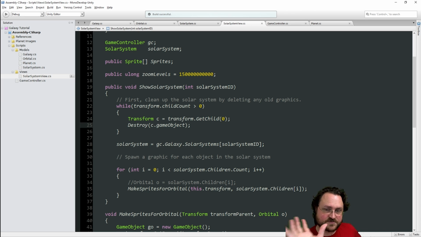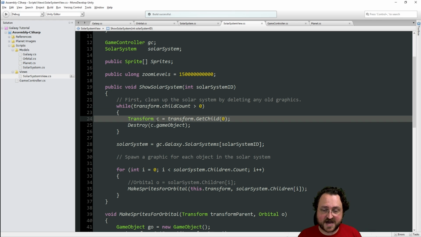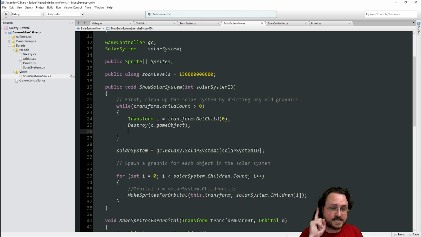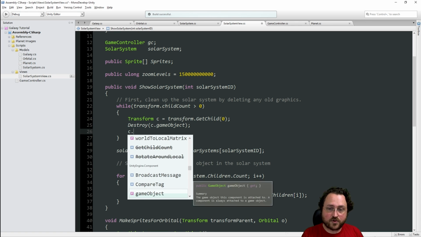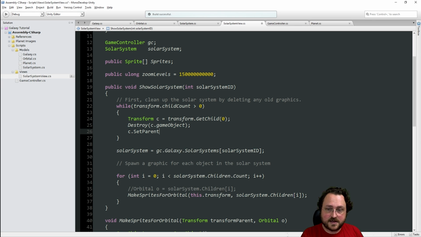If we did a for each, it's very common to do a for loop through all the children, destroying them one at a time. The problem with that is your children don't actually get destroyed until the end of the frame, and there are all sorts of issues. The cleanest way to do it is to do a loop while you have more than one child, grab that child, tell its game object it should be destroyed, but again, its game object doesn't get destroyed until the end of the frame. So it's very important that you take your child and tell it that it has no parent anymore,